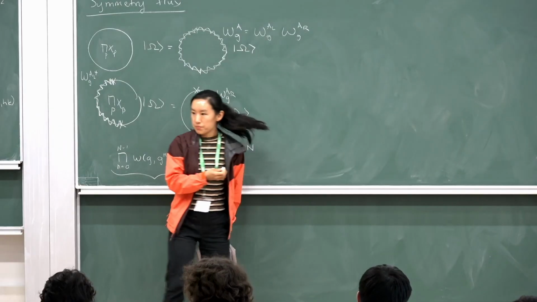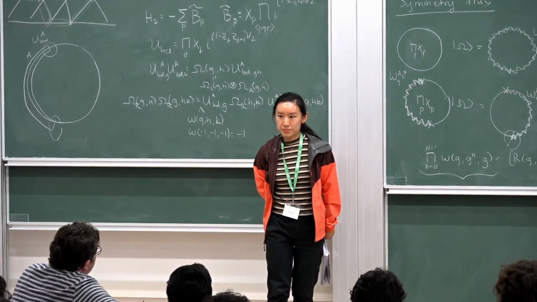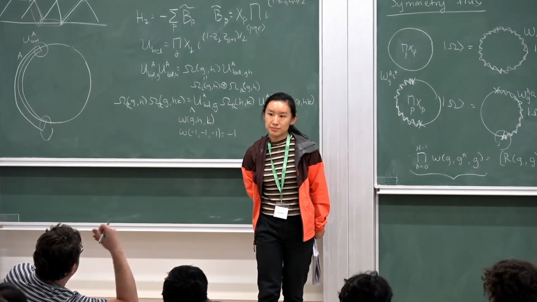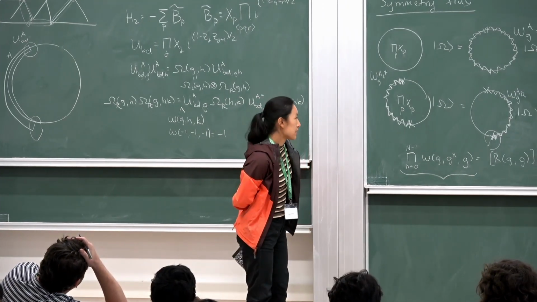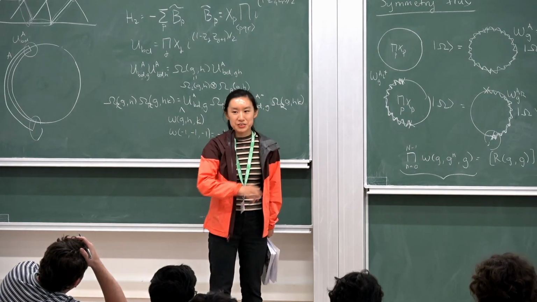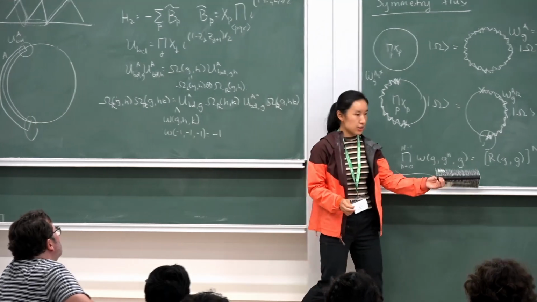Sorry, but Carolyn, is the braiding of the symmetry fluxes well defined? Is that itself gauge invariant? Because I thought they have some action on themselves. Can you define the braiding? Yes, so there is a way to define braiding of symmetry fluxes. I'll show you shortly how to. In general, no, this R^GG is not gauge invariant,